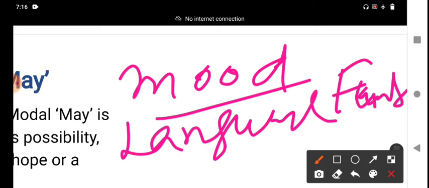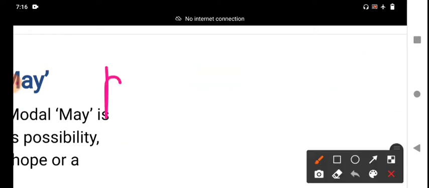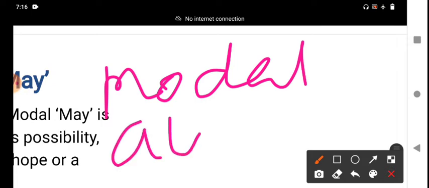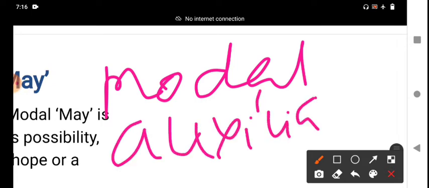Modal verbs, how to use modal verbs, they are very important. What the functions of the modal verbs are is important. Modal verbs are also known as modal auxiliaries. These are also called modal auxiliaries, and they express generally necessity, certainty, possibility, or permission. Those are the different types of expressions based on the mood of the speaker, the mood of the writer.